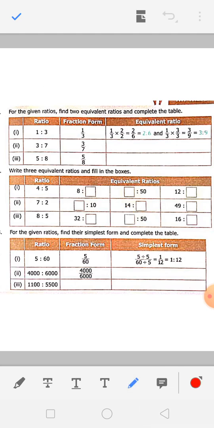And then look at the third one, 16 here. So 8 changed into 16, which means 1 8 is 8, 2 8s are 16. So 8 was multiplied by 2. So we have to multiply this 5 by 2. So 5 into 2 is 10, 5 2s are 10. Is it okay? Yeah.